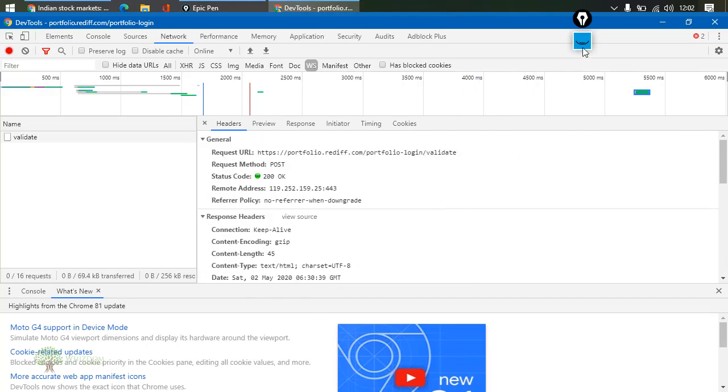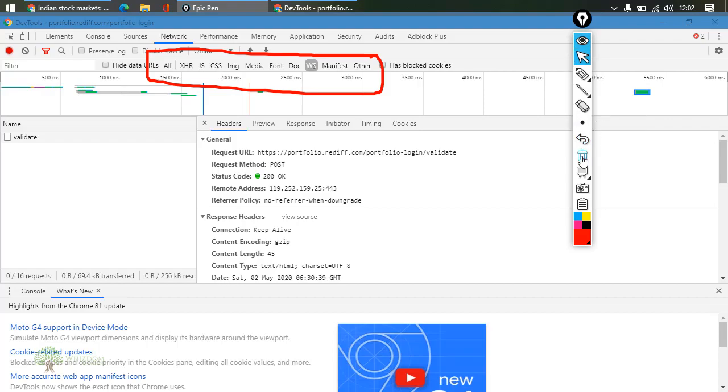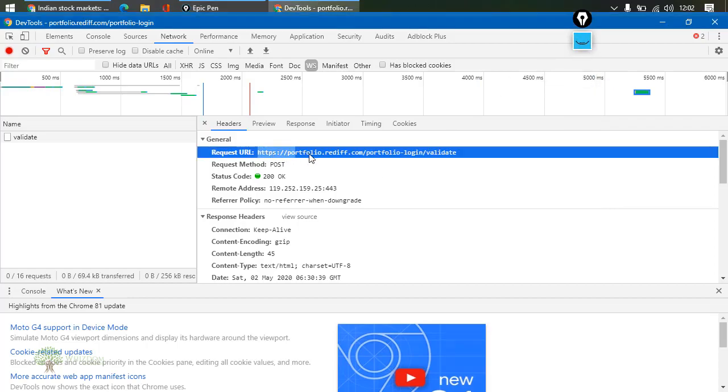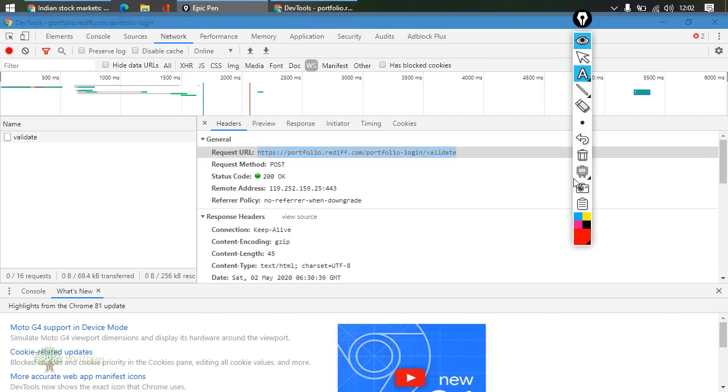I'll start copying the content from here. First thing, we would be dividing this. This is our URL, a complete URL. First thing is HTTPS, then we would be omitting this part.